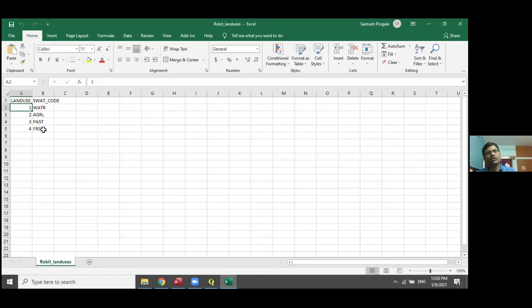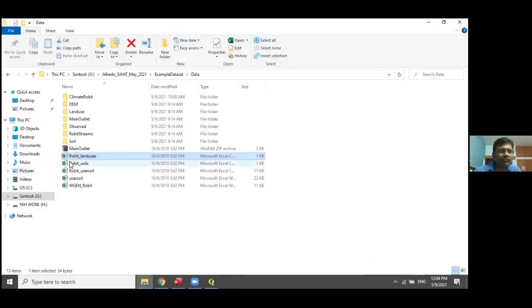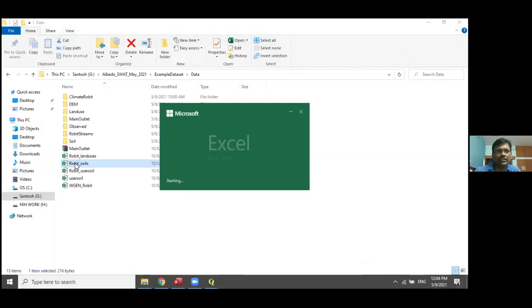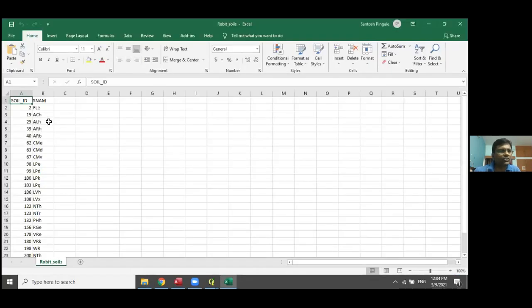Whenever you create a spatial map of land use land cover, you have to provide these SWAT codes for each of the land use land cover classifications. Similarly for the soils, these are the codes for the soils.